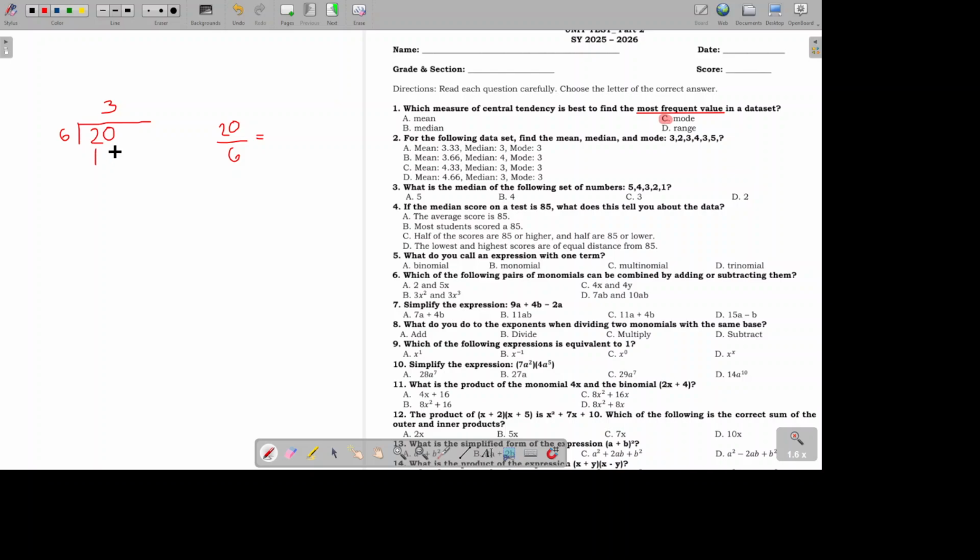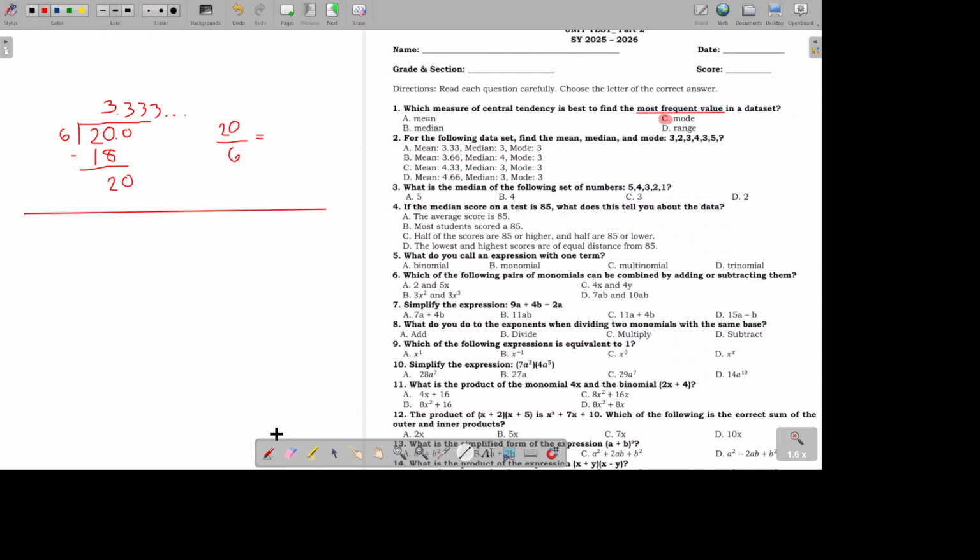20 divided by 6 is 3. 3 times 6 is 18. Okay, 20 minus 18 is 2. So if we add a decimal and bring down 0, we will just keep on getting 3. So this will just be 3.33333, which is a non-terminating repeating decimal. So the closest one is what we have in letter A. But we're not sure yet if that's the answer because we are being asked for the median and mode as well. So for the median,